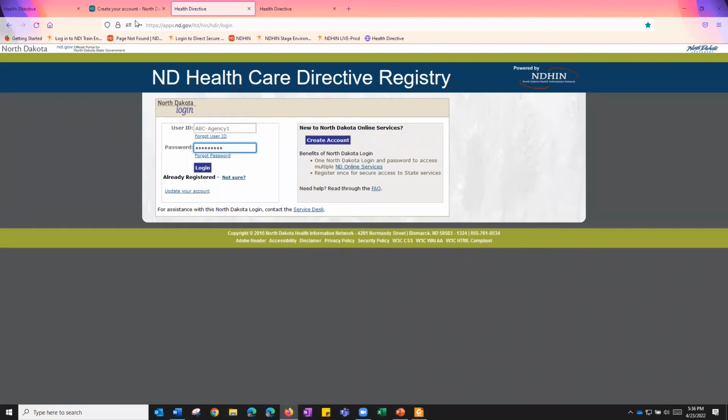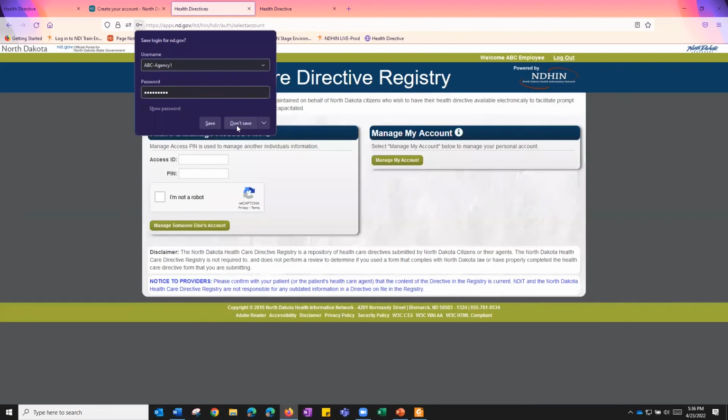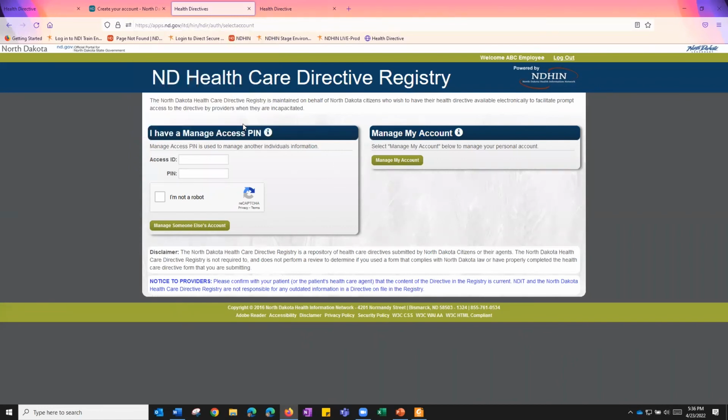To quickly demonstrate that, you can see that I have entered the ABC Agency Business Account information, the user ID and the password. And when I click Login, I can choose whether or not to save my password. And perhaps in this case, I would want to because I may be logging in frequently. But you can see here that the ABC employee is logged in. And now you would be able to go